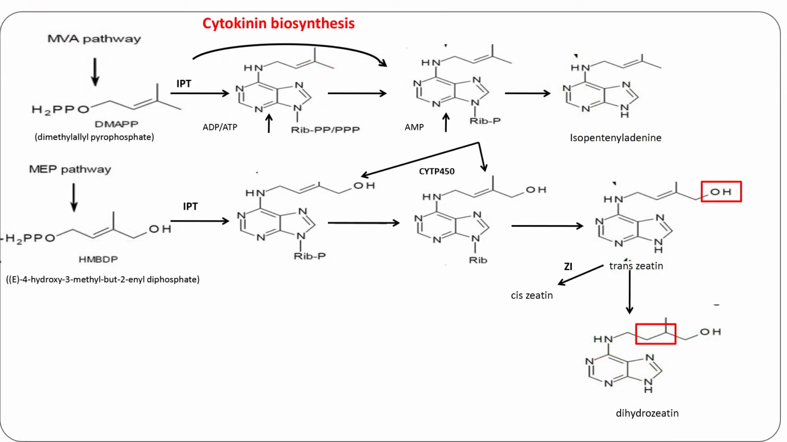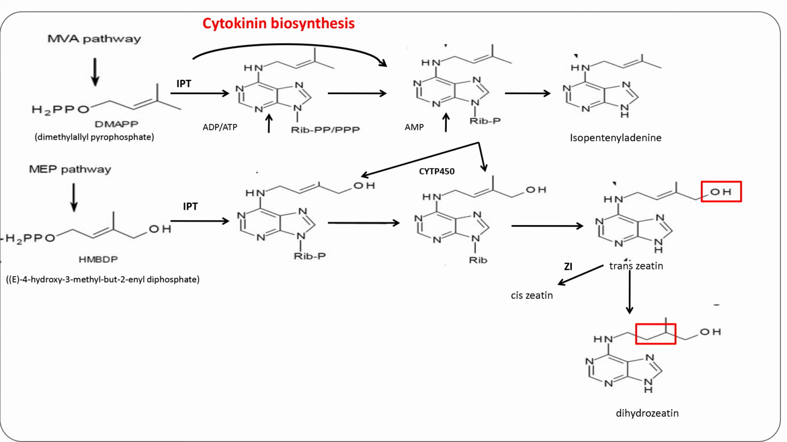In this slide, we are going to talk about cytokinin biosynthesis. The isopentenyl side chain of the cytokinin isopentenyl adenine is added to adenine ribonucleotides by the enzyme isopentenyl transferase or IPT. The ribose sugar or sugar phosphates are removed by